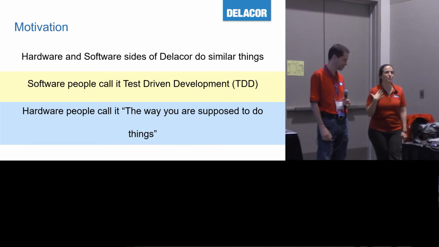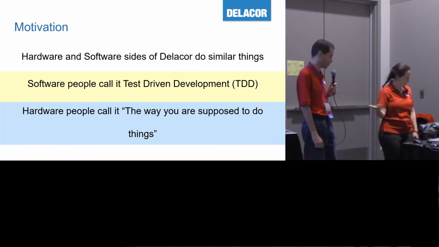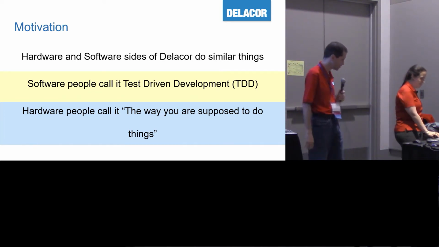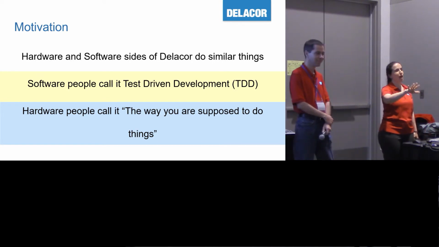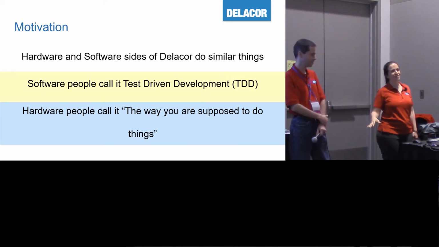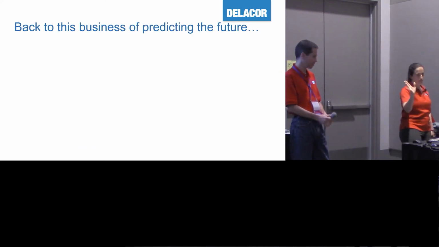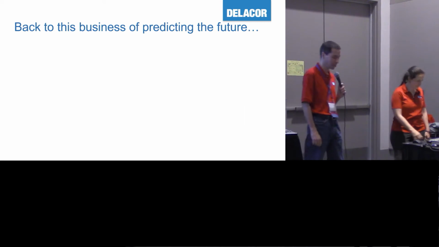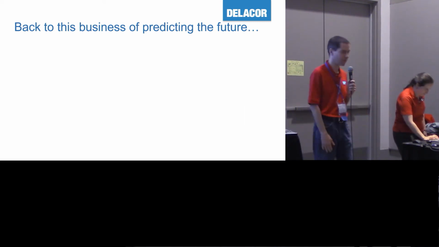So we call it software test-driven development. What do our engineers call it? This is just what we do. If you want to do things right, this is how you do it. Okay, so most of you raised your hand that you were doing hardware. So my other motivation is, why is it that you're going to be doing some of these things that we're going to discuss when it relates to hardware, but when it turns to software, it's different? So we're going to talk about that.